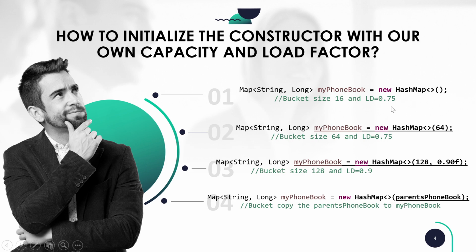Now, if I want to provide my custom bucket size, I don't want it to be 16. My application is huge and I am saving data at the time of starting the application. Initially I know this much is at least what I would need. So I provide this bucket size to the constructor itself at the time of creation of the HashMap. Inside the constructor you can provide 64 as the size. So it will create a bucket size of 64 instead of 16 initially, and the load factor will be the same because I haven't provided a load factor over here.